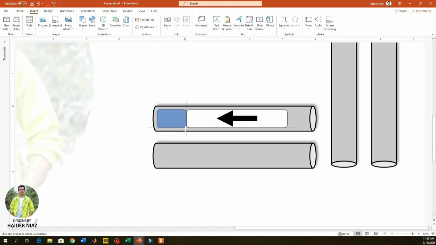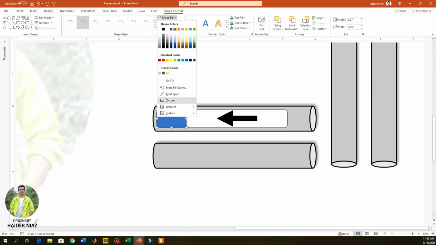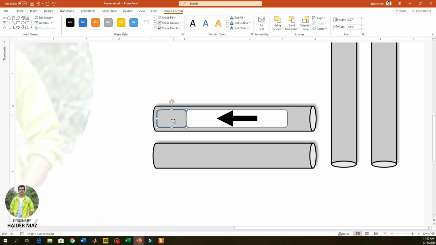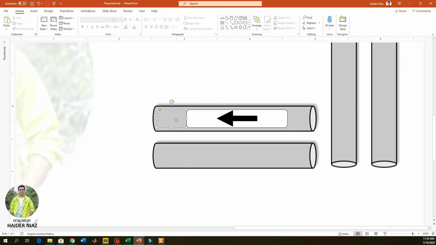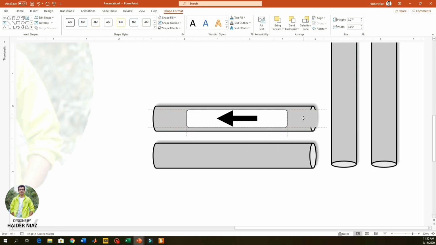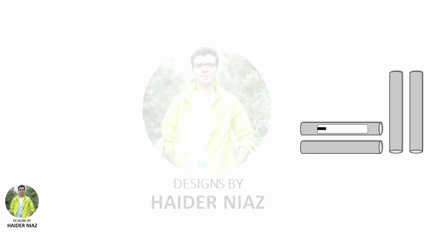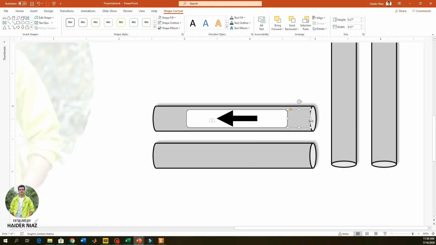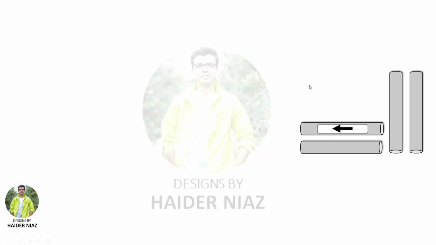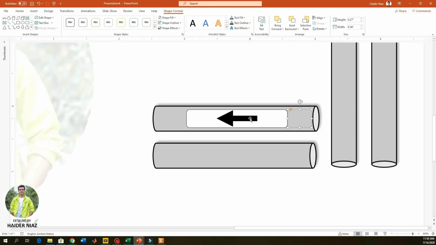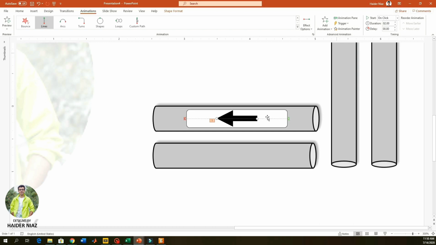Now I'm going to add some plane or background so that the arrow goes under that background and doesn't appear after going out from the white, which will show that I'm showing a motion of the liquid going in the cylinder. So now you can see that it goes from the right side to the left side, and the path looks like it is going from one side of the pipe to the other. So this part is done.